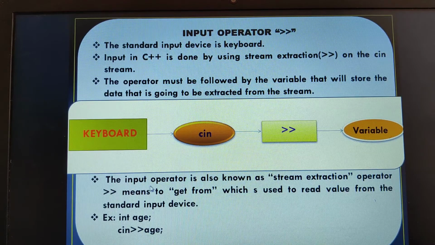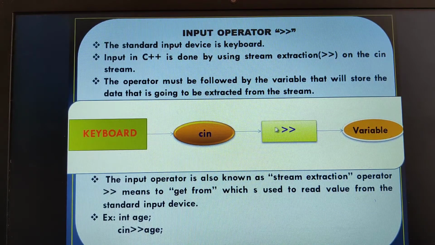See, the input operator is also known as stream extraction. So this is the input operator. Remember, the input operator is also known as stream extraction, where this right shift is actually the stream extraction, which indicates get from. That is why the cin object will get the input from the keyboard, which helps you read the value from the standard input device, that is the keyboard.